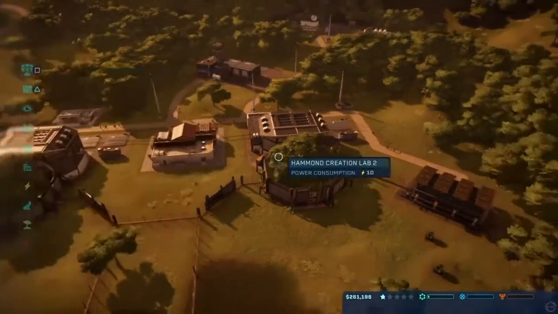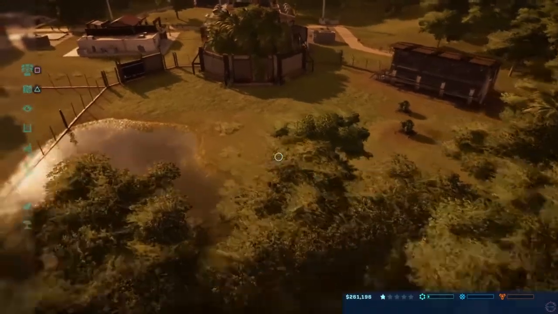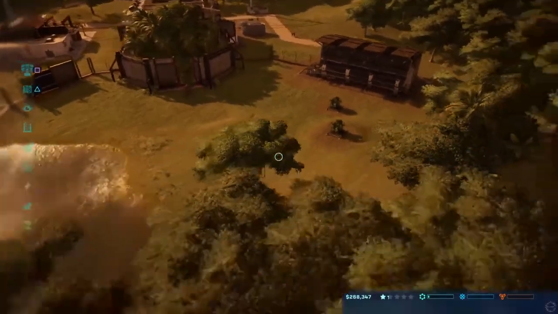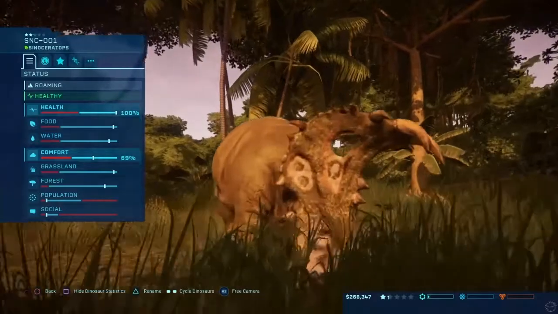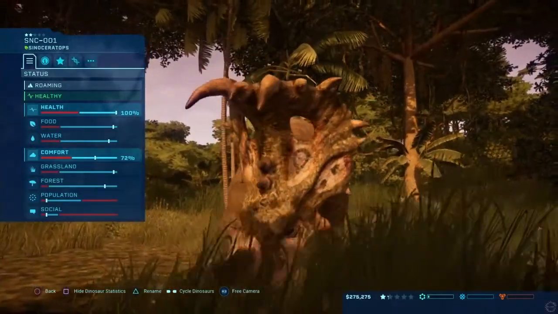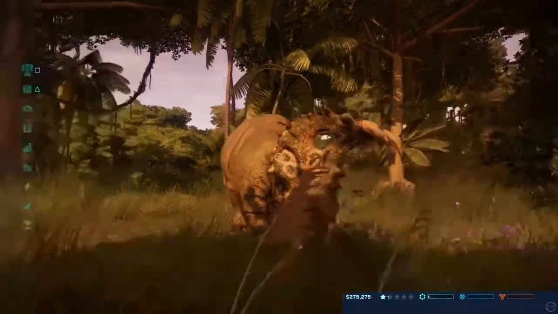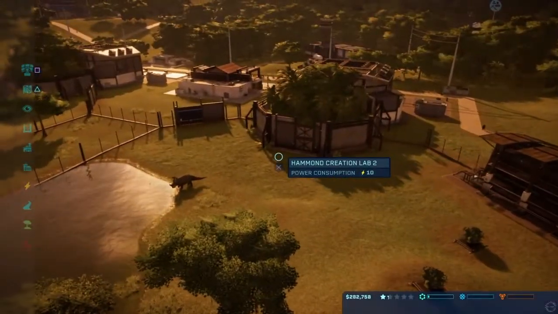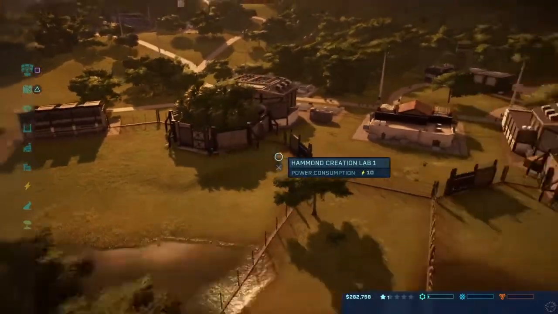Okay, we got another one. Okay, this should make the other one happy. Yes, there we go. Now their population is up and they're going to be happy to talk to each other. And I might be able to get away with just having those 2 in this pen for now. Over here...